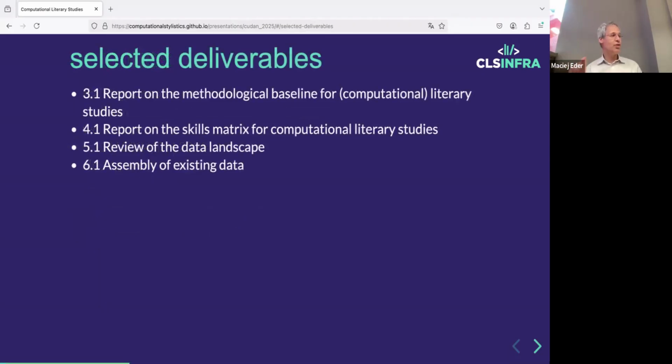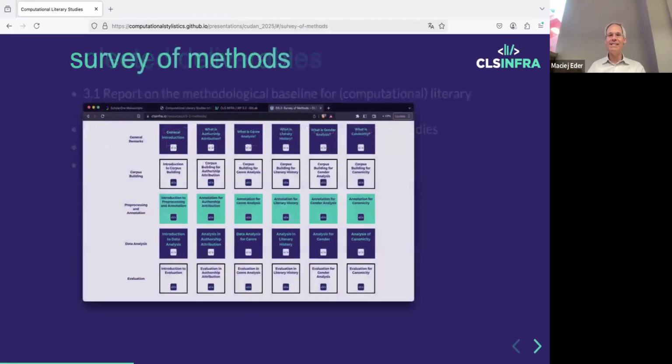But what you might be interested in, of course, all of you that have ever seen any European project and their deliverables, you know that this is not the kind of document you really want to read. However, here I would like to point you to one of the exceptions, and this is the deliverable 3.2, which is a survey of methods. I was the leader of work package 3, and Professor Christof Schöch had an idea: hey, rather than doing a very boring document no one is going to read, let's turn it into something